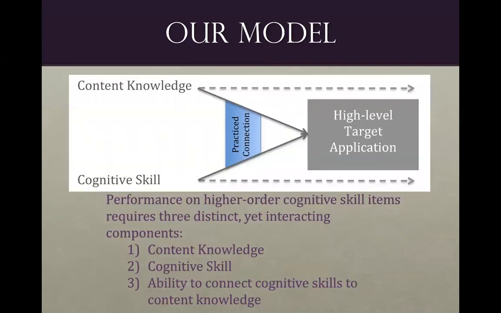So we've come up with a model that we believe captures what's going on here. In order to perform on a high-level target application question, it requires three things. It requires the content knowledge. And we saw this, giving them content does make it better. It requires the cognitive skill. But if you have just the content knowledge or just the cognitive skill, you're likely to miss the mark. So it's that practice of connecting a particular cognitive skill to a particular piece of content